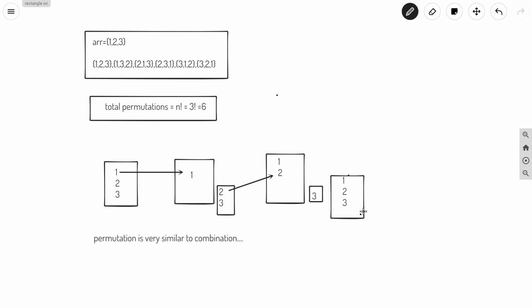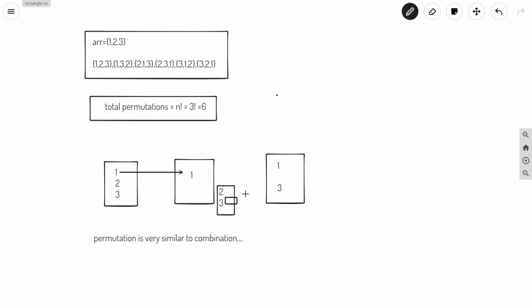Then we'll just go one step back, or maybe two steps back. We were using 2 here, but instead of 2 we can push back 3 also. So we will pop out 2 here, and instead of 2 we write 3. So now we have 1 and 3.